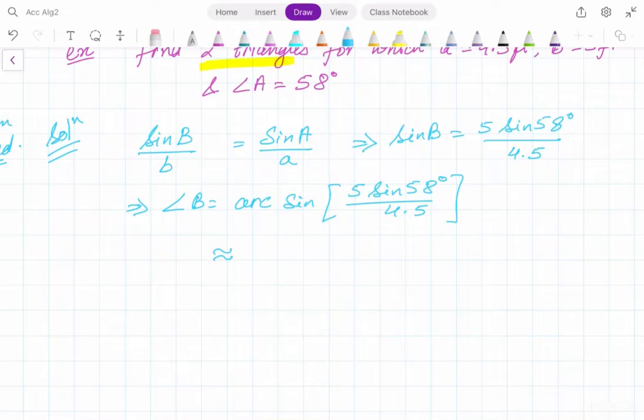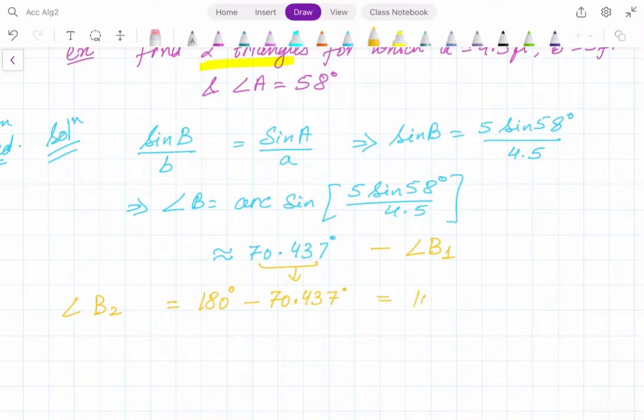That will give you 70.437 degrees. Now angle B is 70.437 degrees, which is greater than angle A, right? But less than 180 degrees. So one angle will be 70.437, and if I subtract from 180, I will get another possible angle, which will be